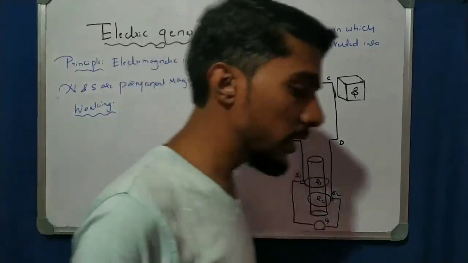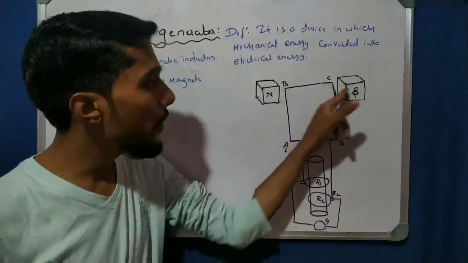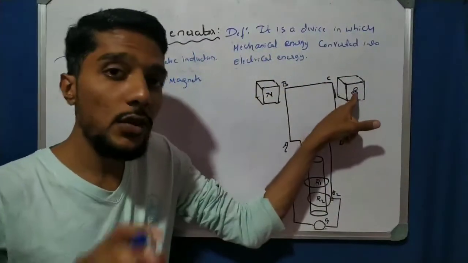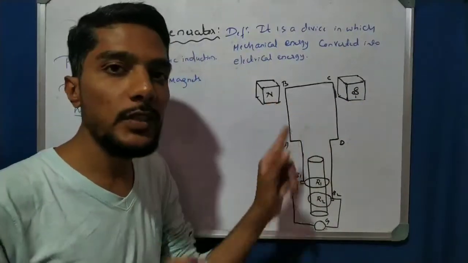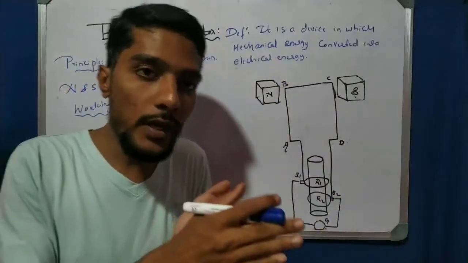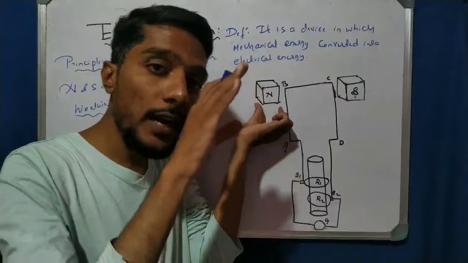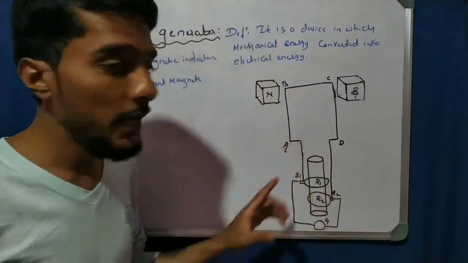Working of the electric generator. If this coil is rotated mechanically under the magnetic field, which is constant and at rest, but the coil is now moving, then induced current is produced. We know from the last class that if the coil is moving and the magnetic field is at rest, then current is produced in the conductor, that is, induced current.